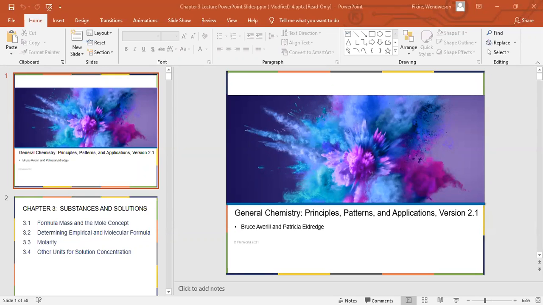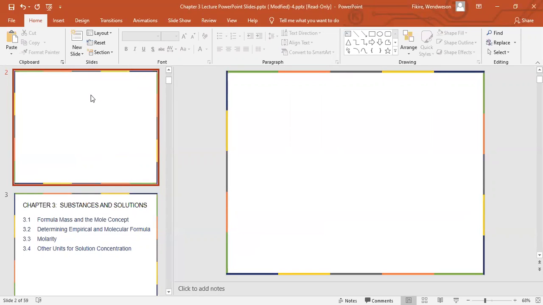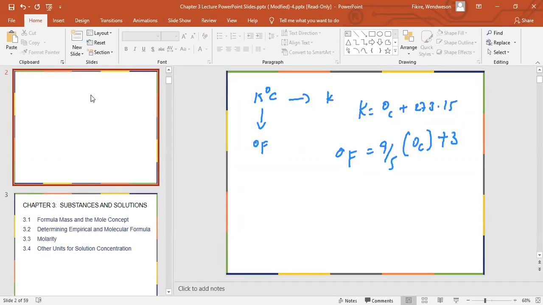Just give a number for yourself. I would say, just put 15 degrees centigrade, and you want to convert 15 degrees centigrade to Kelvin, or you want to change 15 degrees centigrade to degrees Fahrenheit. Okay, so there's a formula. Kelvin equals centigrade plus 273.15, and there's also another formula if you have centigrade and you want to get the Fahrenheit value: it is 9 over 5 times degrees centigrade plus 32.